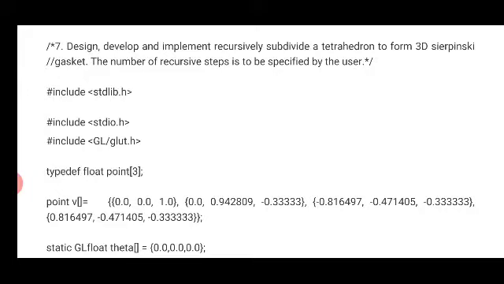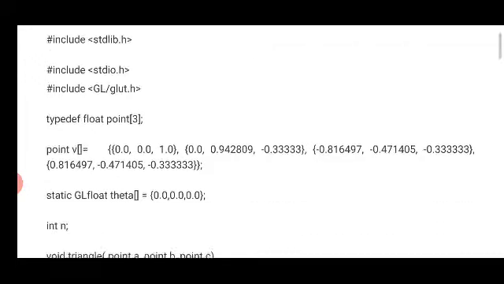To create a Sierpinski gasket using a tetrahedron, we start with a vertex of an object and get the midpoints to the other vertices, and this results in a smaller structure of the original geometric object. This is repeated for all the vertices n number of times, and this n is specified by the user. Now we'll see how to draw this 3D Sierpinski gasket using a tetrahedron.